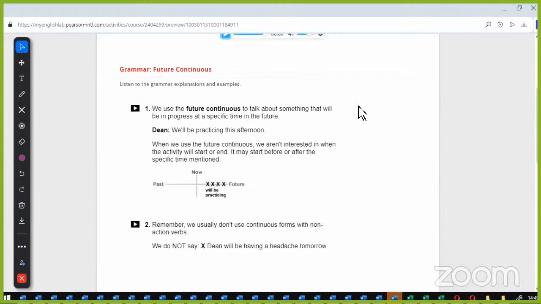Okay. So here we have the future continuous that we use to talk about things that will be in progress at a specific time in the future. Like